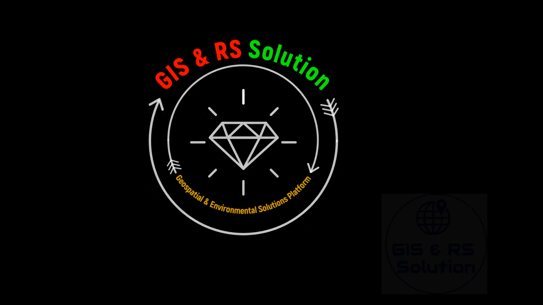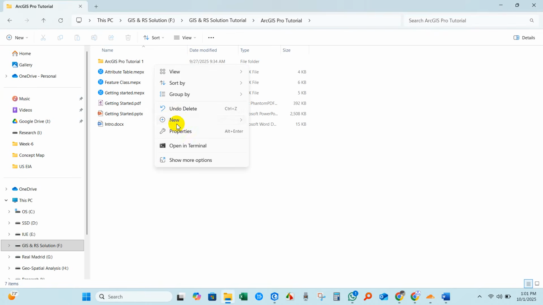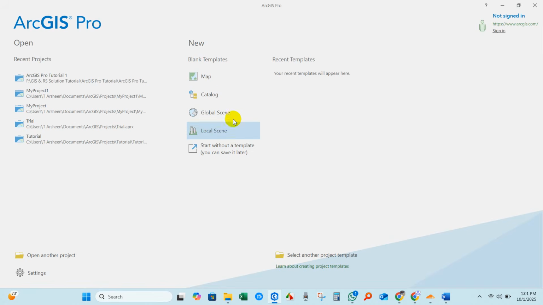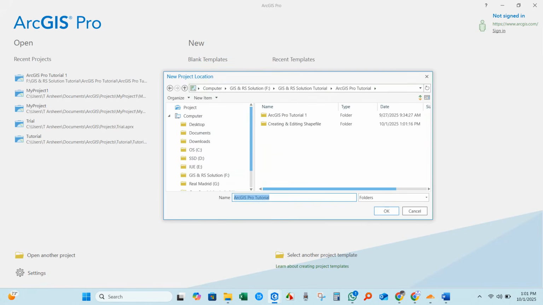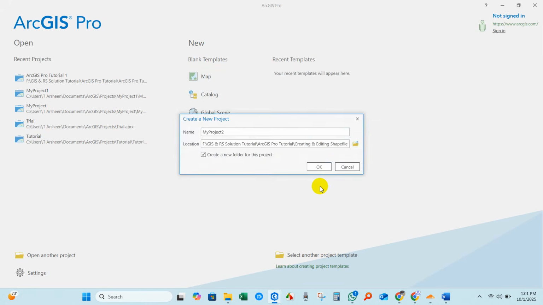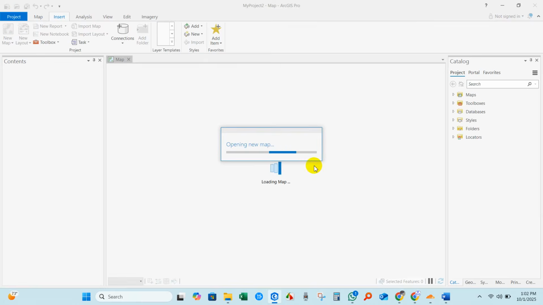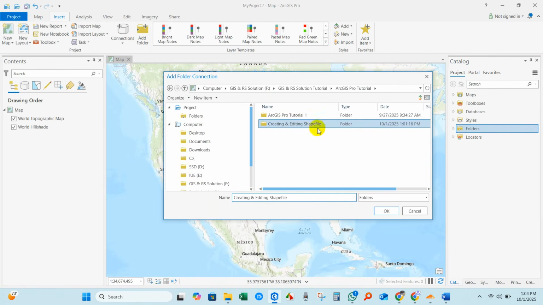Let's get started. First open ArcGIS Pro and then create a project folder. Going to give it a name, creating and editing shapefile, and then create map and location. Select your project location, then OK. Creating project. Yes, now go to folder and connect your folder. Okay,